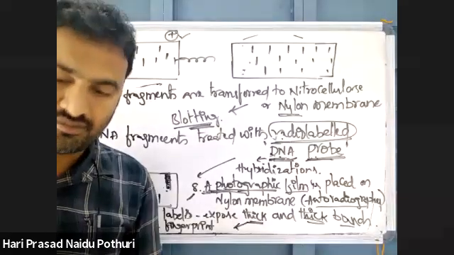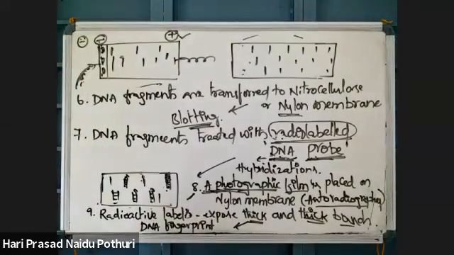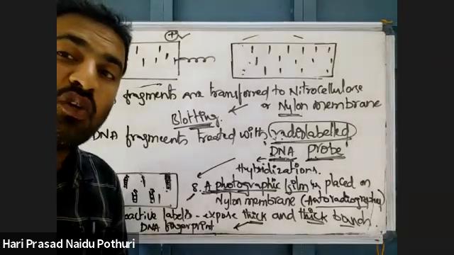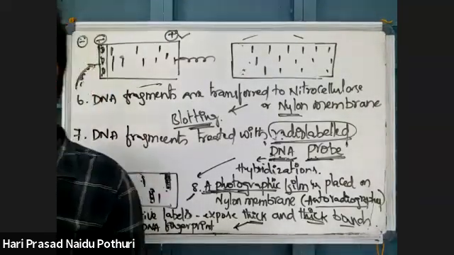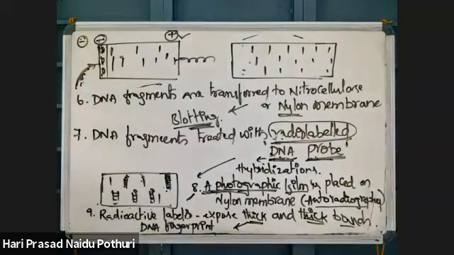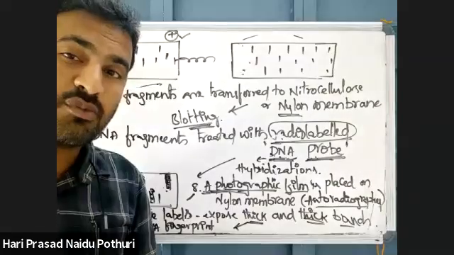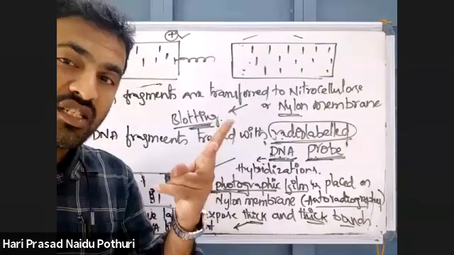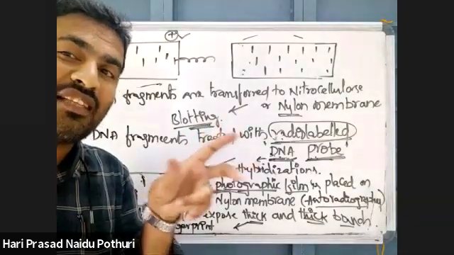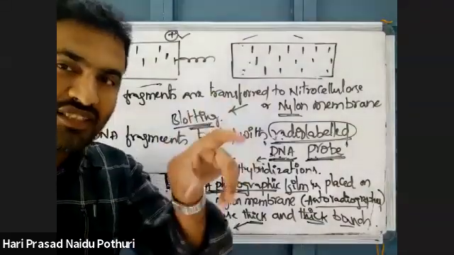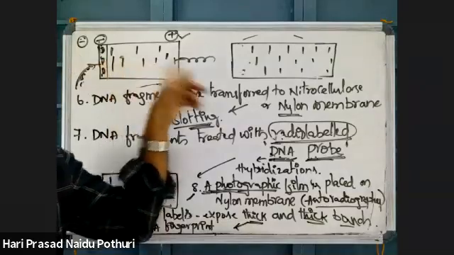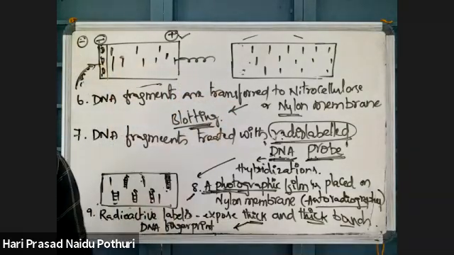Based on cutting, we added restriction enzymes, right? Restriction enzymes break the DNA into different lengths. Different restriction enzymes we are using. When we use restriction enzymes, DNA with different lengths will be formed. That DNA which has different lengths will be separated on agarose gel electrophoresis. That is the point.